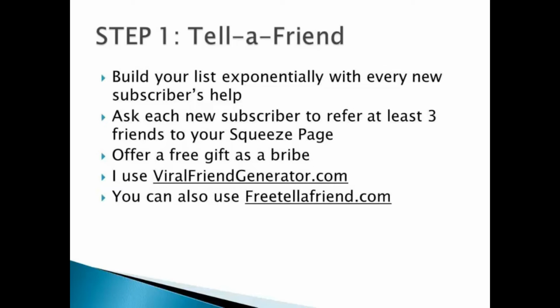Now, not everyone necessarily clicks on the link that your subscribers recommend, so this is where a compelling offer comes into play. If you get, say, 50 of the 150 new people to click through the link, go to your website, some of them will also become your subscribers. If your squeeze page converts 30%, this means 15 people would have joined your mailing list, going through the same process of filling in their details to join your list. And the cycle starts again, and they see step 1 of 3 and the rest of the funnel. They will go on to tell their friends, and so the cycle repeats.